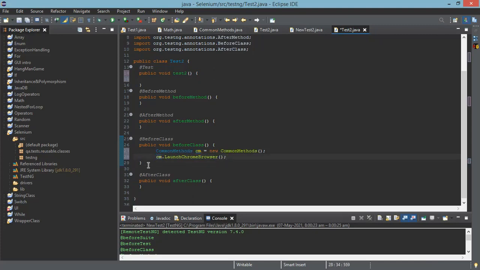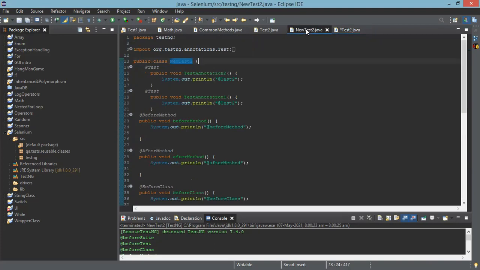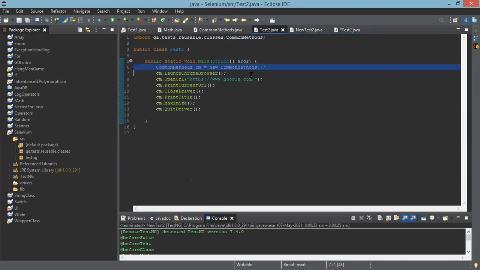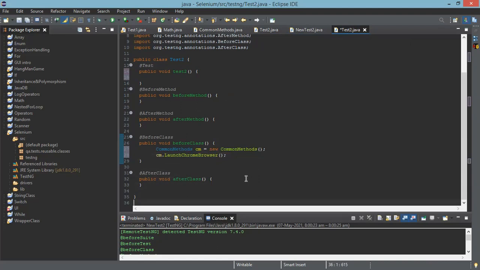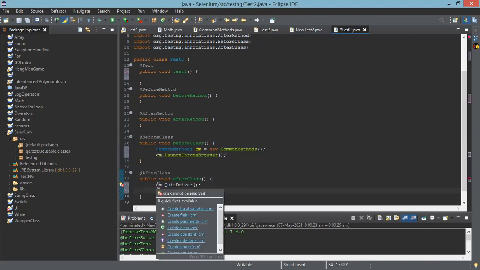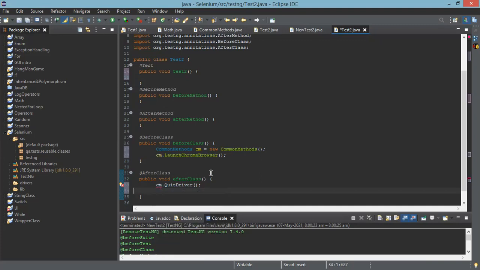Go to the next one and copy the quit one, cm.quit, the last line. Copy it and paste it in after class. Now it is saying that CM is not visible to me. What you need to do is, in line number 27,